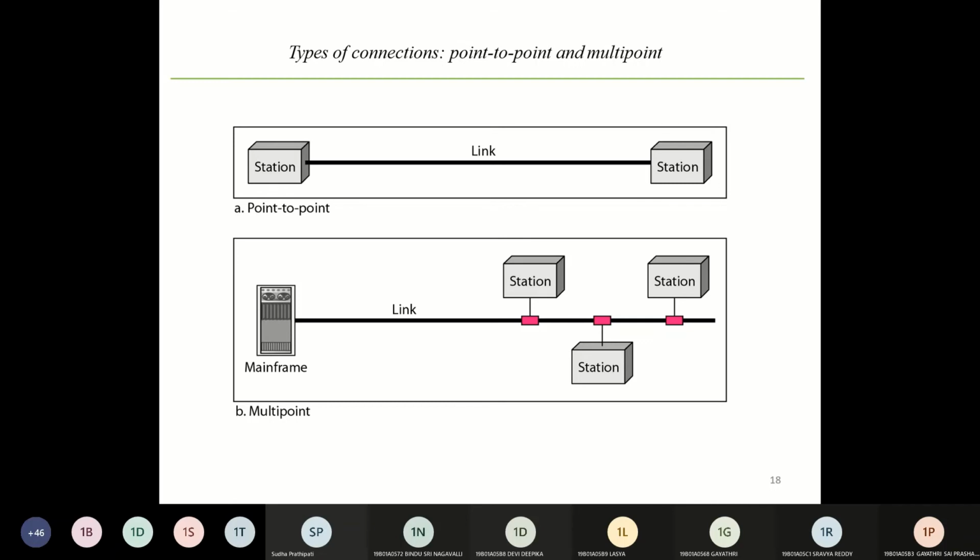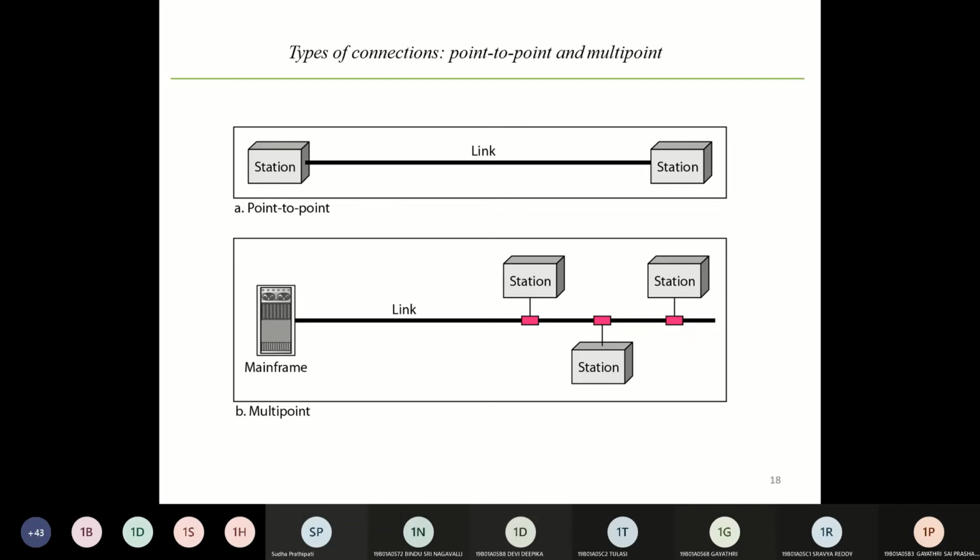And the capacity of the channel, okay, this link is the capacity of the channel. This link will have some capacity, right? So the capacity of the channel will be shared by all the devices that are connected. They are shared either spatially or temporally. So let me tell you what is meant by spatially. If several devices use the link simultaneously, then we call it a spatially shared connection. They are using the same link, and that's why they are called spatially shared connections.